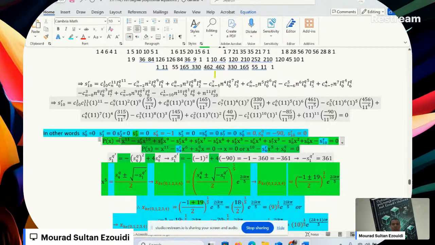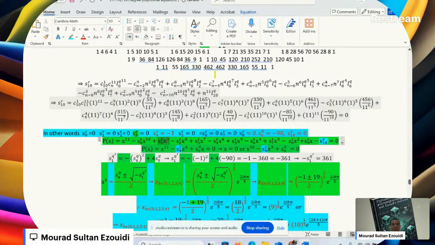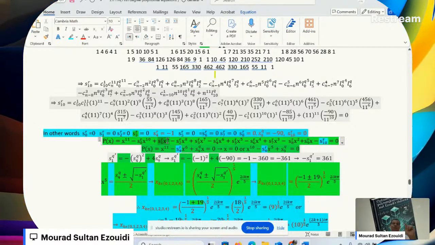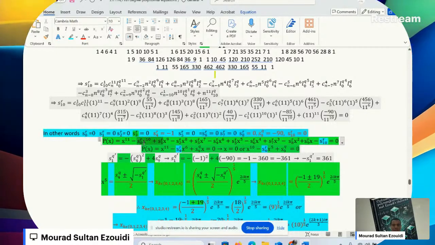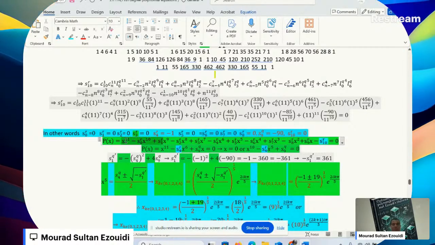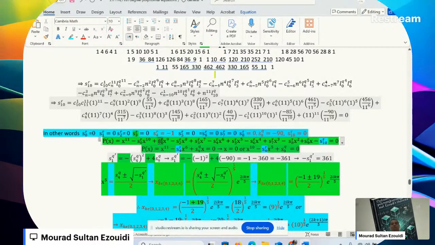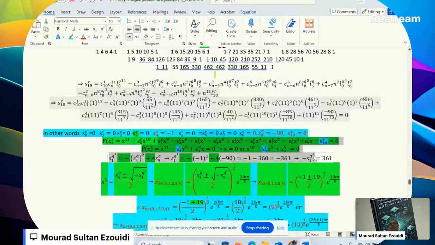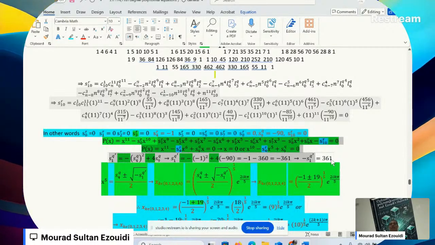Okay, you see this one? Change 11 by 2, change 10 by 1, change 9 by 0, and ignore the rest, Professor, if you have a second degree equation. You see S1 now, this is positive S1. x squared equal positive S1 of Q dash. Sorry, x raised to the power 2 plus S1 of Q dash equals 0 means x raised to the power 2 is minus S1. That's why here we put a negative S1 of Q dash equal to 361. 361 in fact is 19 squared.